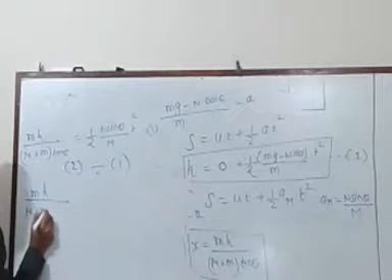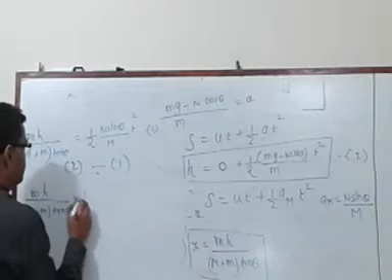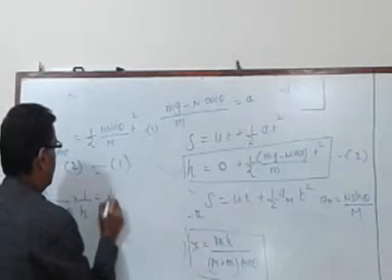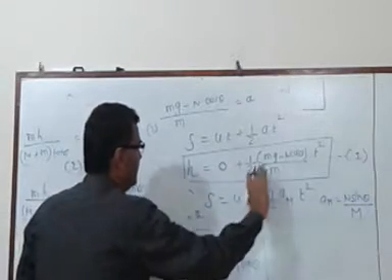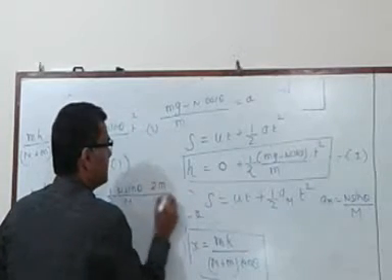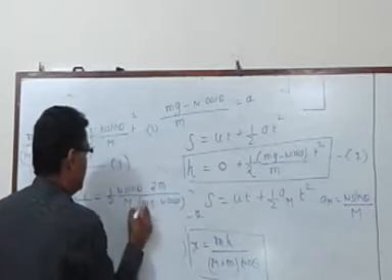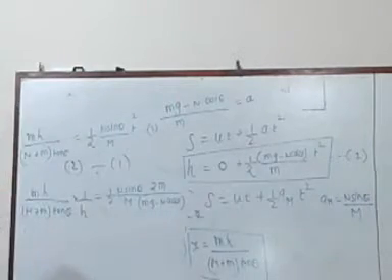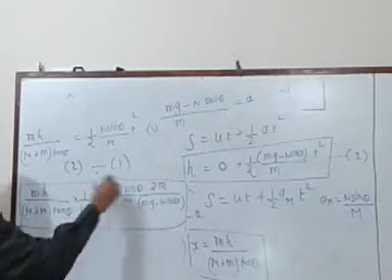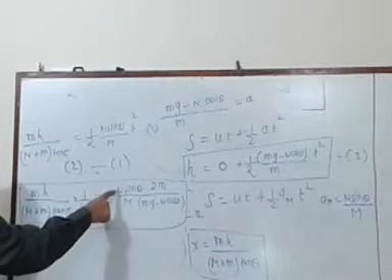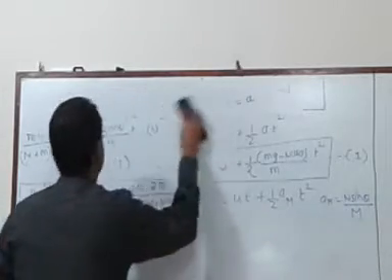mh upon M plus m tan theta divided by h is half N sin theta upon M divided by this whole thing. When I divide this, 2M will go up, and upon mg minus N cos theta. As you can see, t square and t square here will cancel. So this is the equation. And if we simplify and rearrange the terms, we should get the value of N. Let us quickly see how to do that.